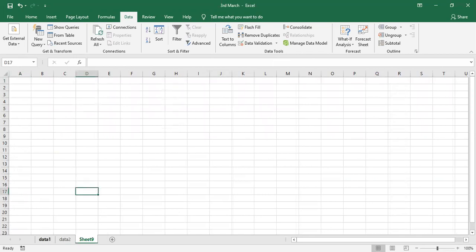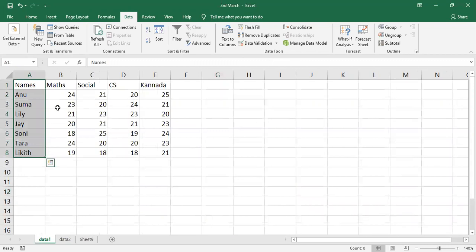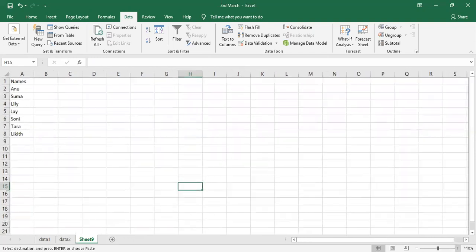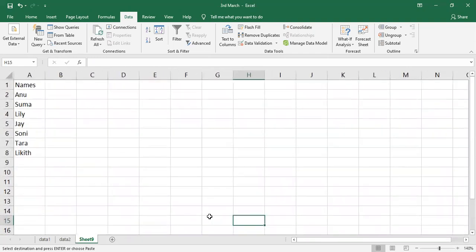How do I combine? I don't want to type math, science, social, Kannada there again. I'll copy this. I'll only paste names. I'm not going to copy the headings. What I have done, I have just copied the names.